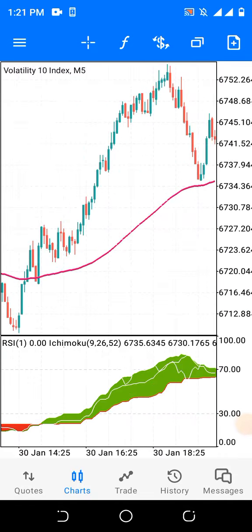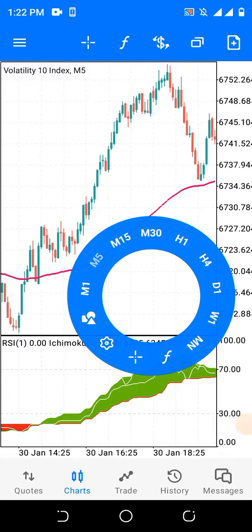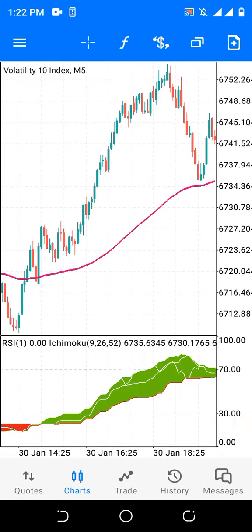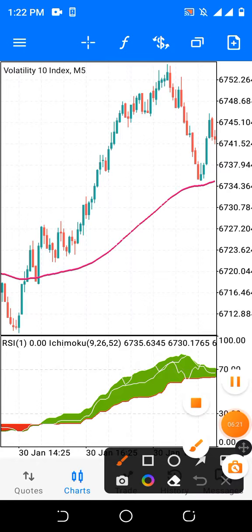Let's start from here. Now, there are conditions. First of all, the candlesticks must be close to the moving average. The candlesticks must be close to what? The moving average. When they are far away from the moving average, you don't make the trade. This is the moving average. The candlesticks must be close to the moving average.